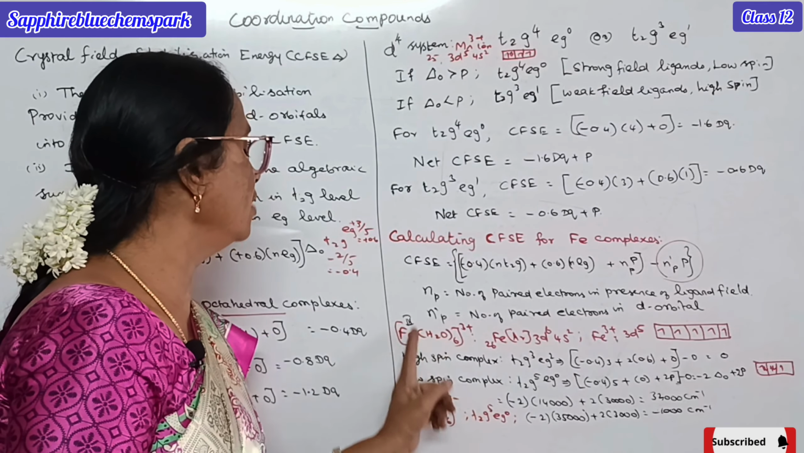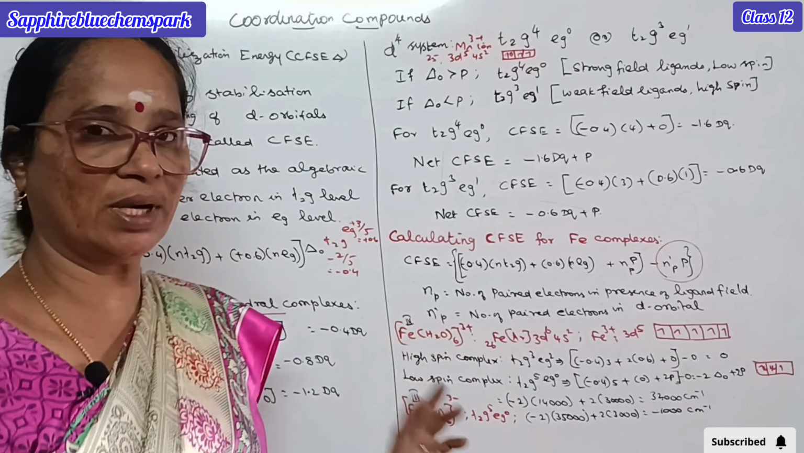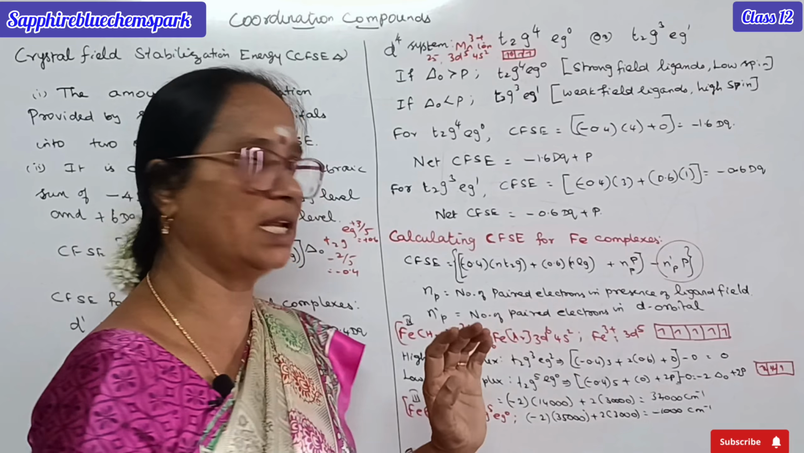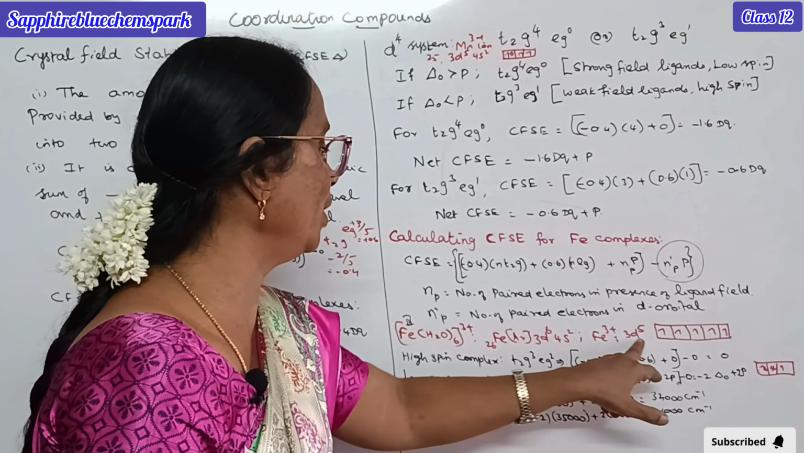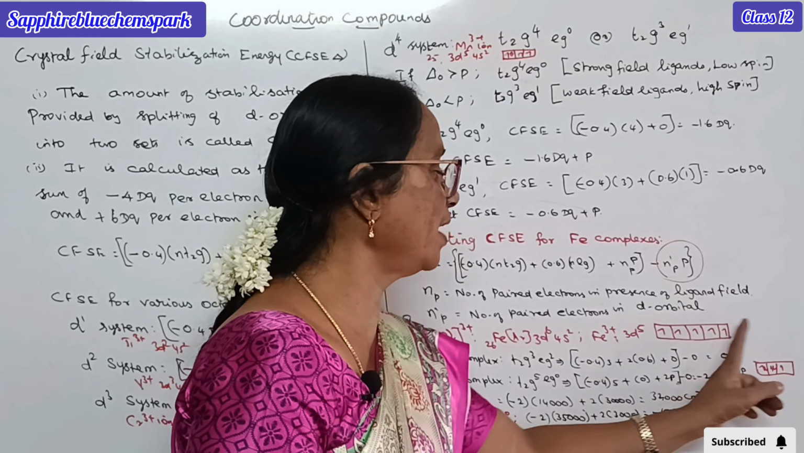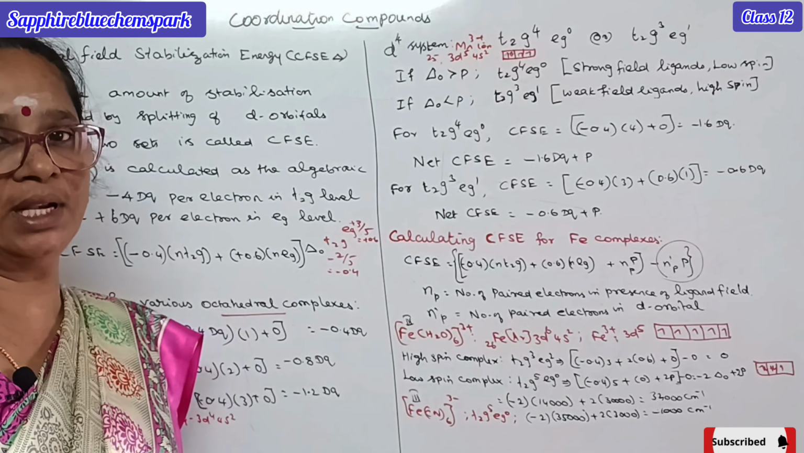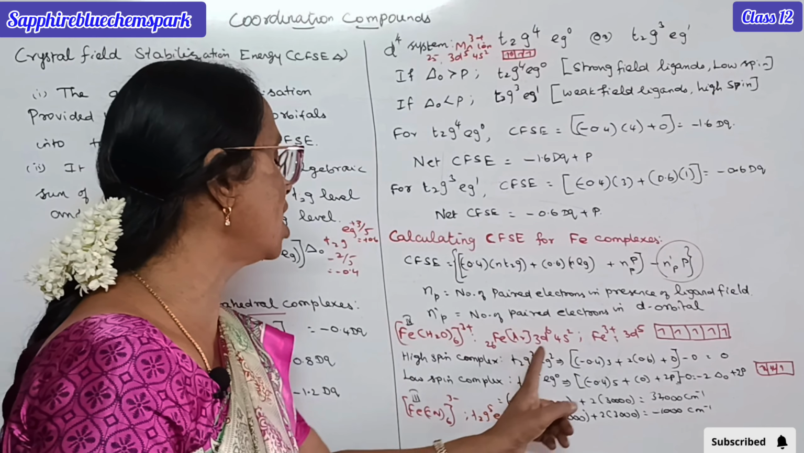In this, I have the ligand water. Iron's atomic number is 26, so its electronic configuration is 3d6 4s2. Upon losing 3 electrons, it becomes 3d5. So this d orbital can have 5 electrons in its 5 orientations. If I consider this as a high spin complex, the electronic configuration may go